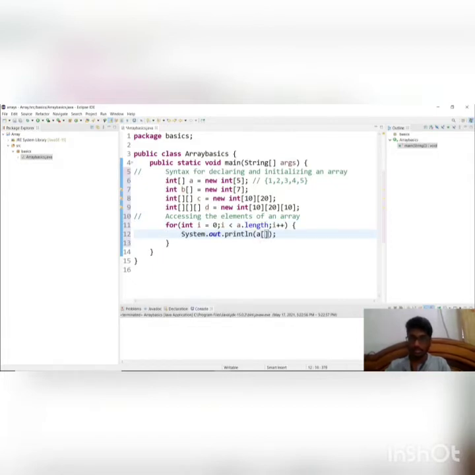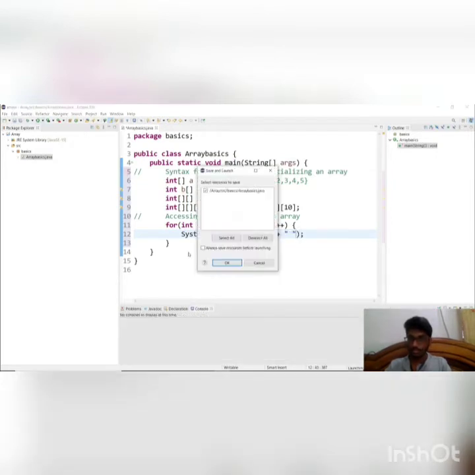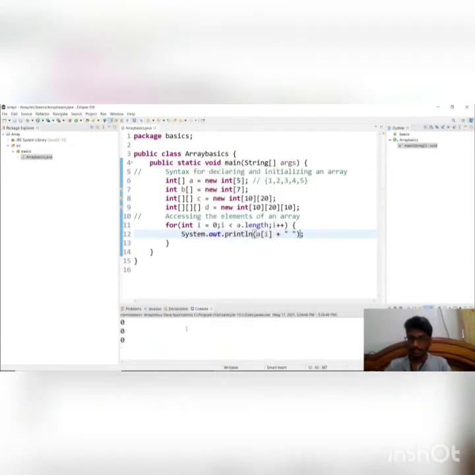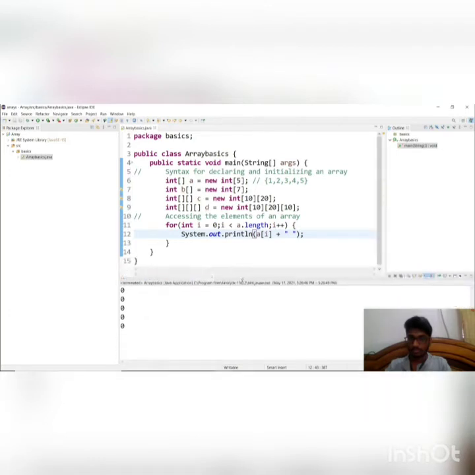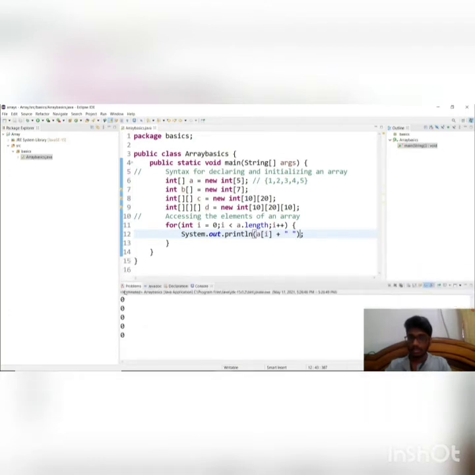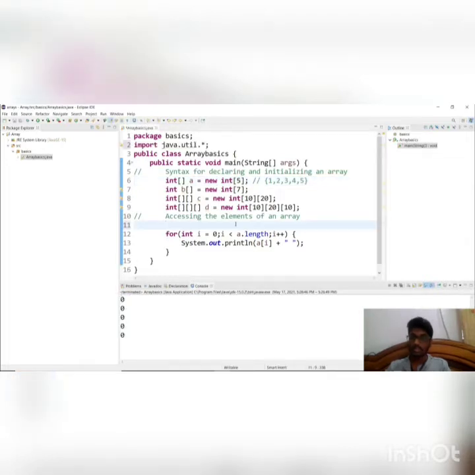And let's print it. Since the size of the array is 5, we get 5 elements here, and since I already said that the new keyword initializes all the elements of an array to 0, all the elements are 0 here. The elements of array A are initialized to 0 because of the new keyword.